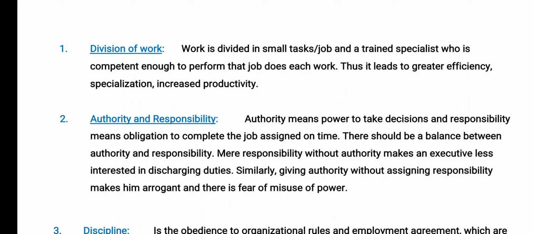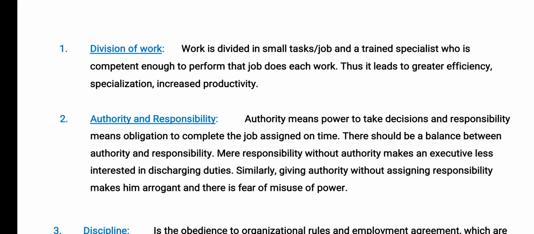We can take an example which will make the division of work more clear. In a school, the principal looks after administration, and under him or her there are individuals in charge of academics, discipline, admissions, co-curricular activities, etc. Similarly, business enterprises have separate professionals for sales, production, finance, human resource, so that they can manage and divide the work among their workers who are specialized in that particular work.